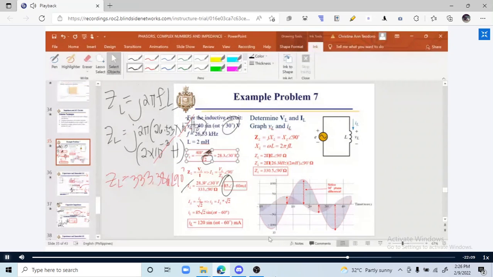Now, what if I want you to convert your IL, your frequency domain IL, into time domain IL? What are we going to do? If I want you to convert your frequency domain back to your time domain,